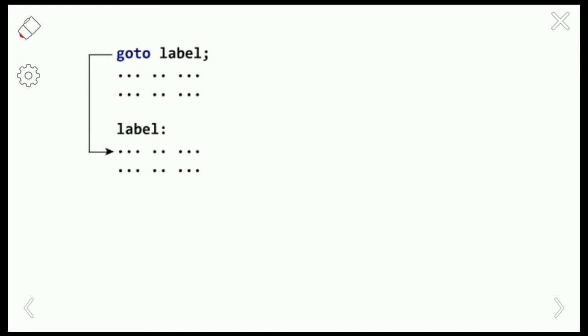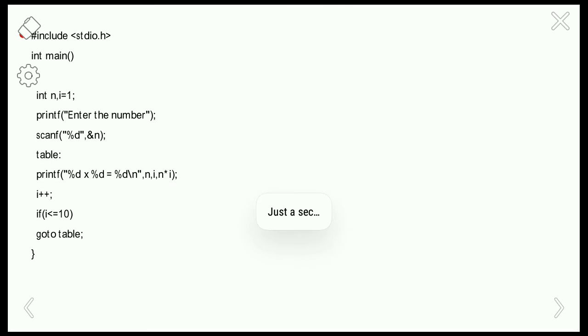So this is how the control will be transferred. If the label identifier is encountered, then the control will transfer to that particular label identifier, and the compiler is going to execute some set of statements under the label identifier. So here, the multiplication table: if you want the multiplication table of a particular number up to the value 10, that is from 1 to 10, you will get the multiplication table of that number.